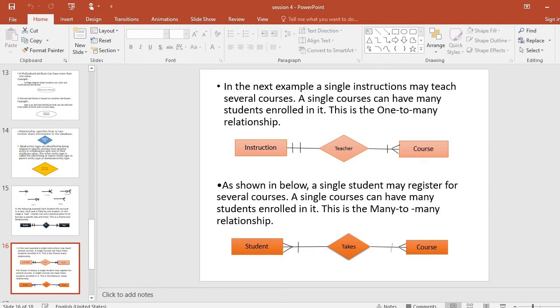The diagram shows students as many. The diagram or figure shows a clear picture. So the diagram shows many students, and the courses also show so many courses. The relationship between student and course takes a diamond shape. So the diagram clearly shows many to many relationships.